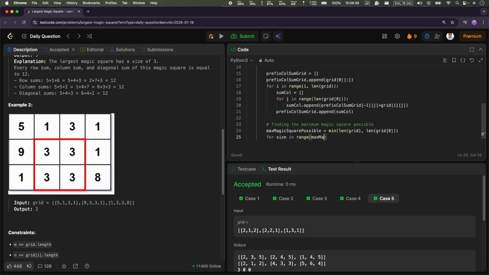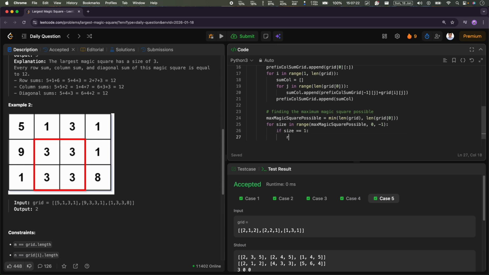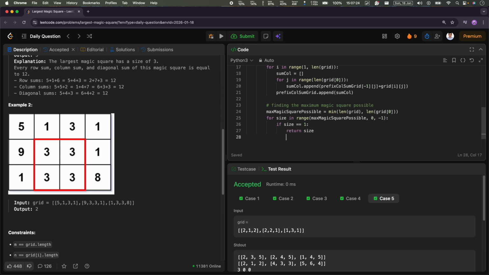That is, we're gonna start with the maximum magic square possible. So in the example on the left, suppose it's 3, and go till 0 and subtract by -1. We are going till 0 because if suppose we get size equals to 1, then we are going to return size, because if there is one element in the grid, that's a magic square. Now we are gonna go ahead and